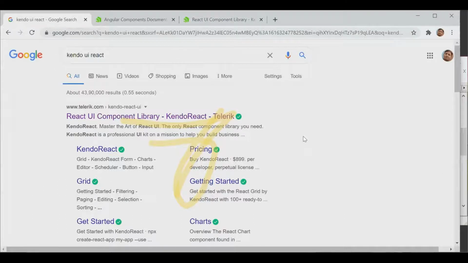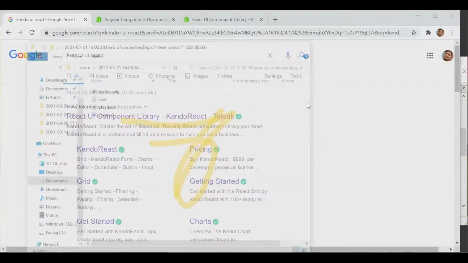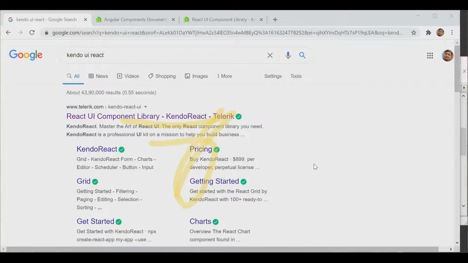So Prasad, as we communicated yesterday, you were to do some homework. Have you done some homework on Telerik? Yes, I have done some homework, not on Telerik, but on React. So would you like to start? I can, if I'm able to share my screen. I have created a small project over there. Let me make you host. Yes, you are co-host now. So can you try to share your screen?